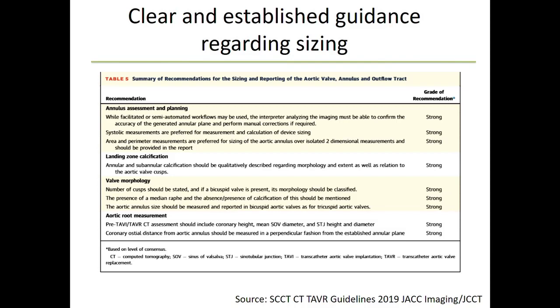We advocate for whole heart cardiac cycle imaging, sizing in systole, understanding the impact of diastole, using area for the balloon expandable device and perimeter for self-expanding devices, because perimeter will generally drive you to a larger device selection. We know the annulus is non-circular, and the perimeter of a non-circular structure is always larger than the perimeter of a circular structure of the same area. So that is why we use area for balloon expandable, not because it's better, but because it's a more conservative measure, and it allows you to put on the brakes and tell Dr.